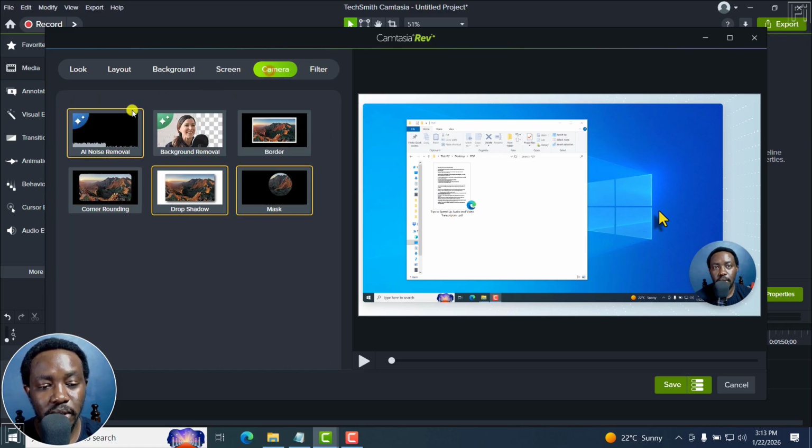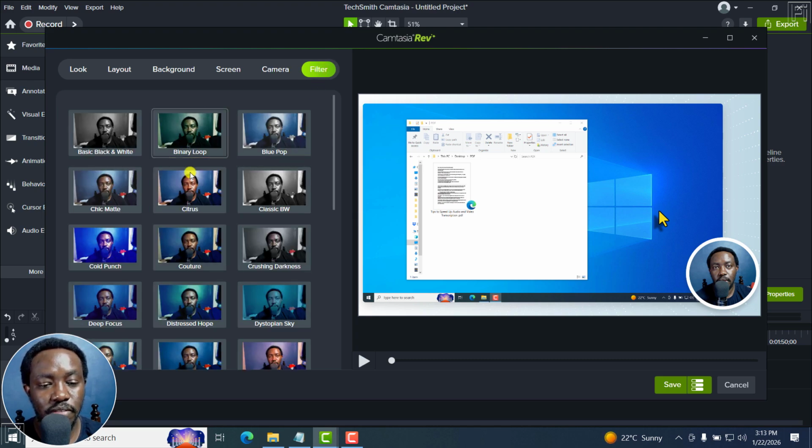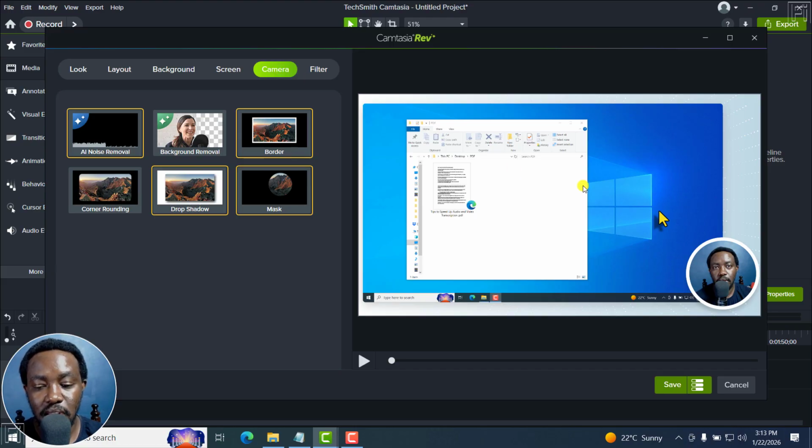And then as for the camera, you can either do a background removal, a border. Let's say we add a border. That's okay. Corner rounding, drop shadow, mask. Now as for the filter, you can change the filters for different options here, but I'd like to leave it as it is. Now from here you have the options to save, and there's these more or less like edit